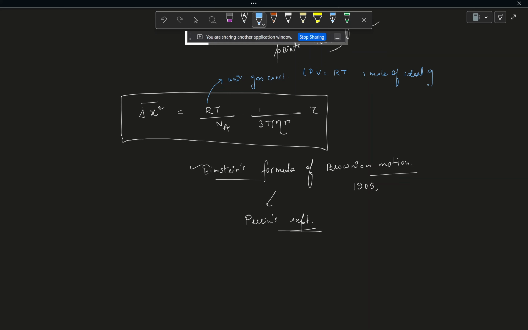So I need not discuss more about this. Na is basically your Avogadro's number. Avogadro number is the number of molecules present in 1 mole of the sample, whose value you know as 6.023 × 10 to the power 23. T is the absolute temperature in Kelvin